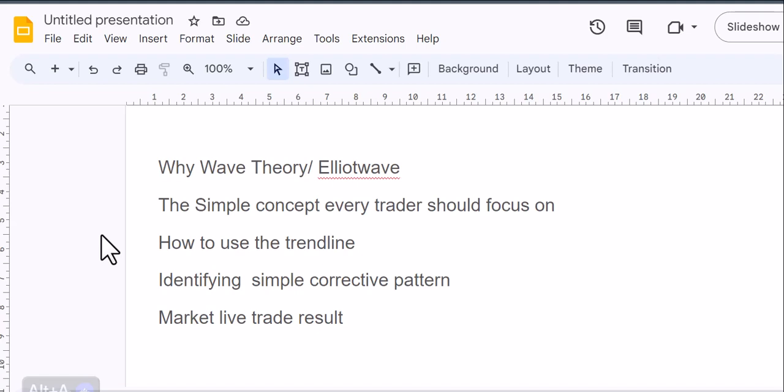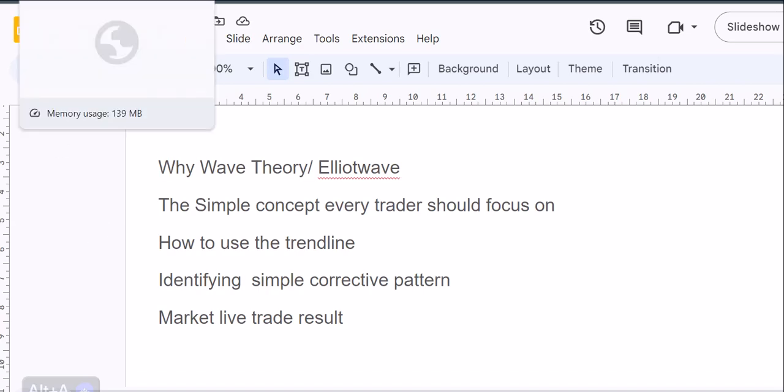And finally, I'm going to show you some trades I've taken using this concept, before and after, in the market. So I believe you're as excited as I am,